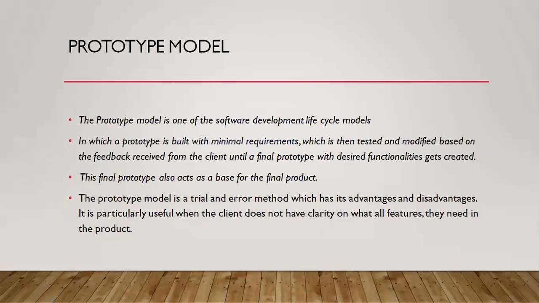So if you want to develop a new thing, there are many trials on it. Every time we check each and every small requirement of that project and make a trial on that. If it is a success, we'll move on, otherwise we'll go for some other model. So it is a trial and error method,